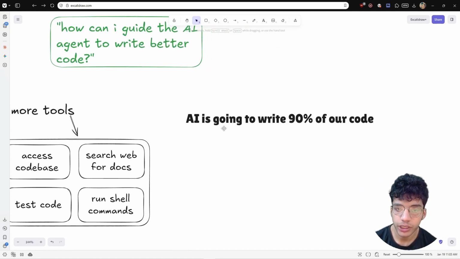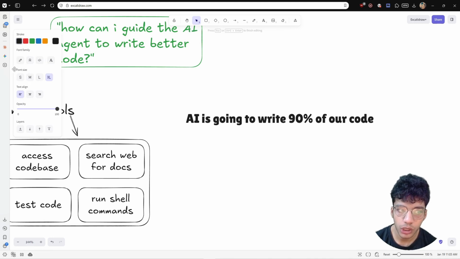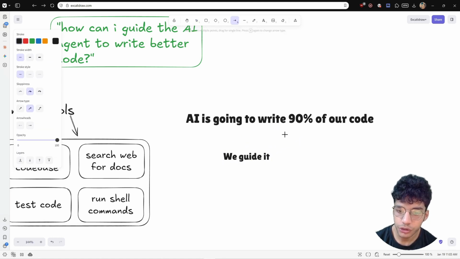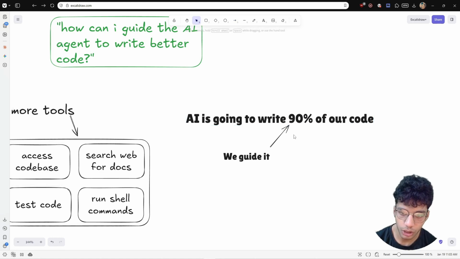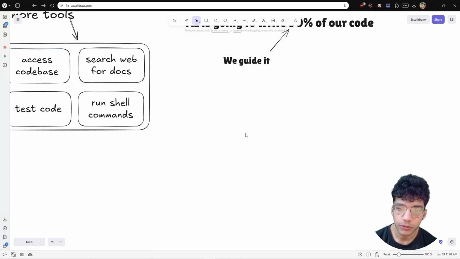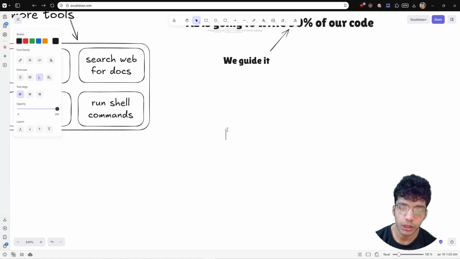And if AI is writing all of the code, what do we as programmers do then? We guide it. We're the human who's guiding the AI agent to write all of the code. But actually writing the code manually, that is no longer our job. Our only job now is to guide the AI agent, architect the entire system, and review the outputs of the AI agent. And in that sense, we shouldn't be even calling this vibe coding anymore, because that's a dumb term.